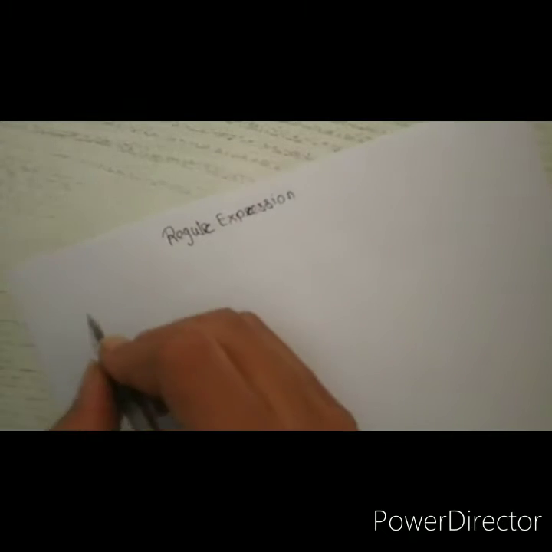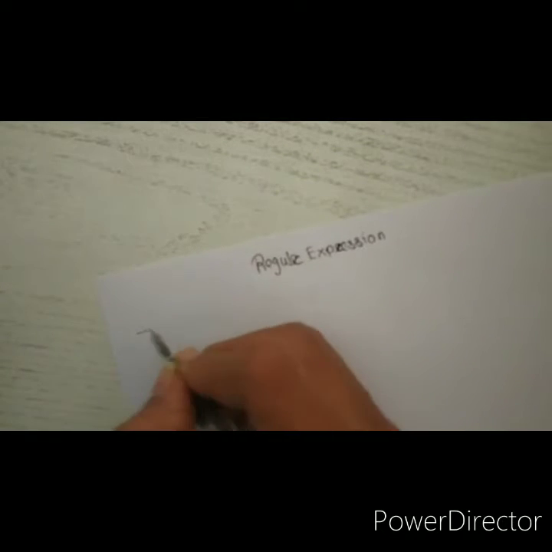As we know, the set of strings accepted by finite automata is known as a regular language. But how can we set the operators for that language? Using a set of operators, we can describe this language in compact form. So the operators are, first of all, we write out the definition here.